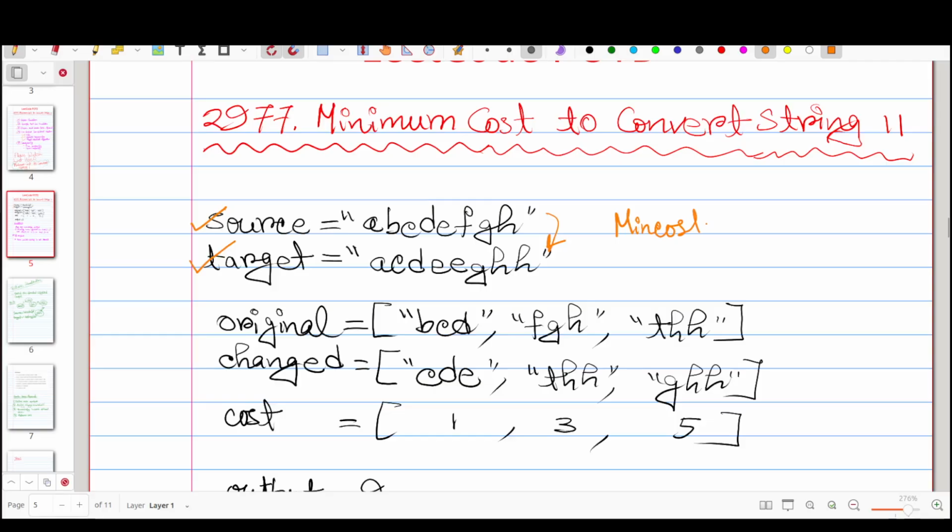I think the question is clear here. We are given the strings, and you have to find the minimum cost of conversions given the original and changed arrays. We already saw this in string number 1, and this is the case in the second problem. Next, we can take substrings. We are taking a substring, for example DCD, and we can convert it, and for converting a substring we follow two rules. Rule one is the exactly same segment. That means let's say we are taking a substring with indices i and j, and another substring, substring number 1 and substring number 2, and these